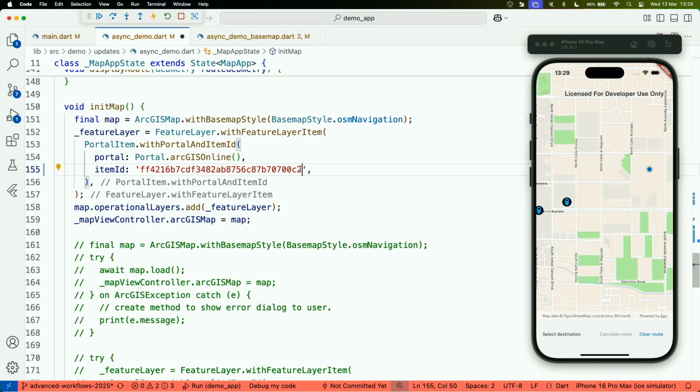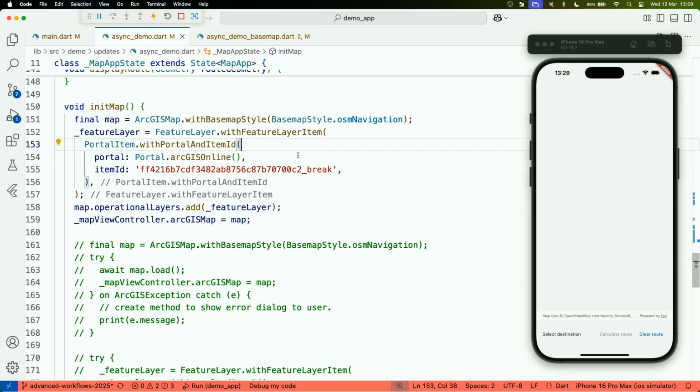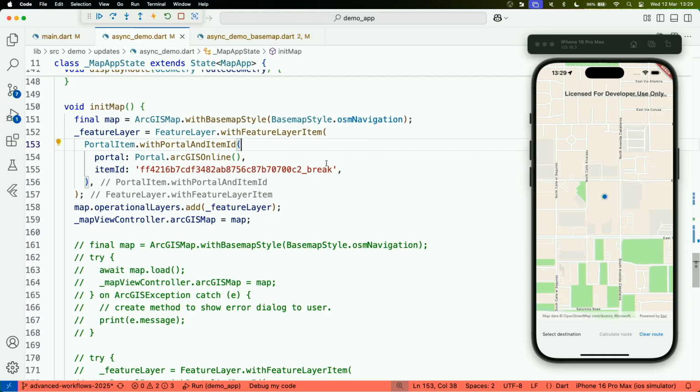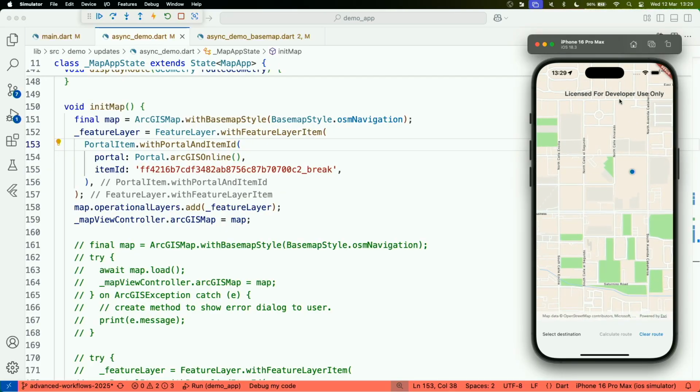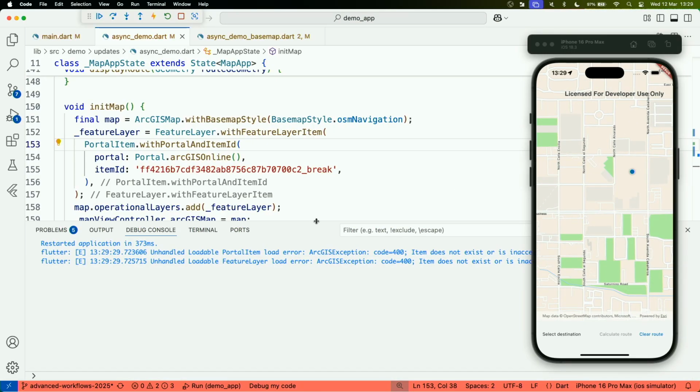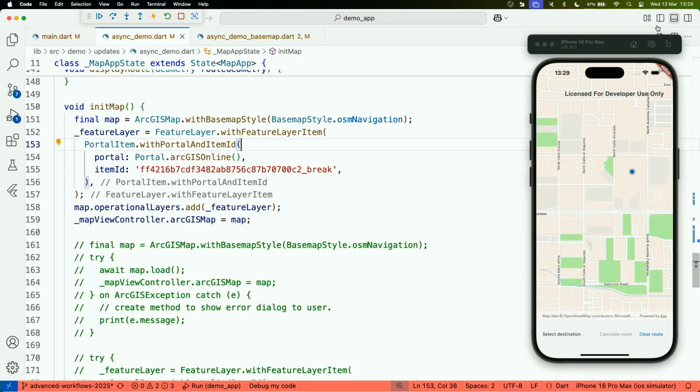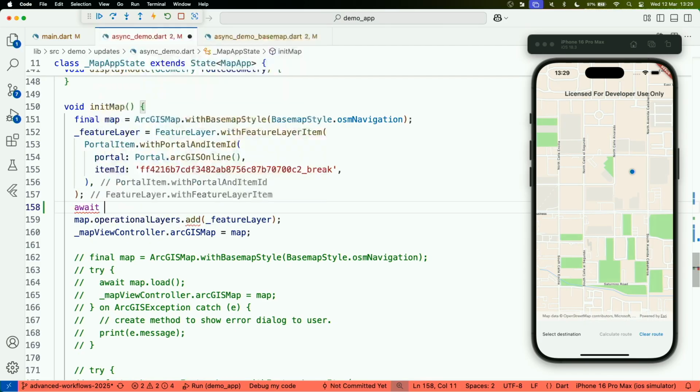Now, if I break the URL and then rerun my application from the start so that this method gets called again, we'll see that the map has loaded fine, but I can't see my feature layer. And if I hop into the console here, you can see that we've got these warnings being printed out, which show that the portal item and the feature layer, since its URL is broken, have not loaded, but they aren't being explicitly thrown, and that's because of this implicit loading. However, if I was to now call load on our feature layer,